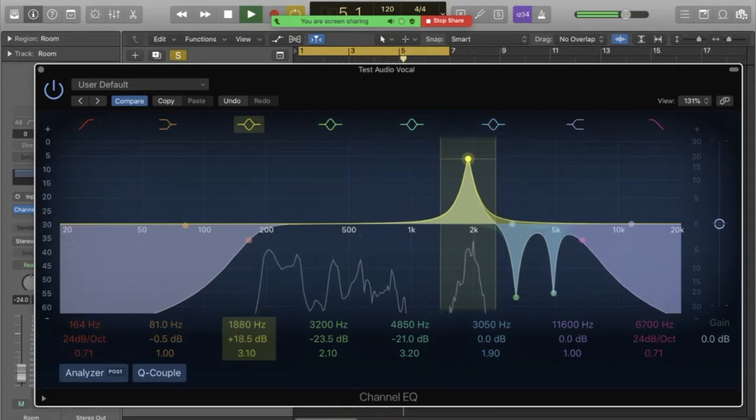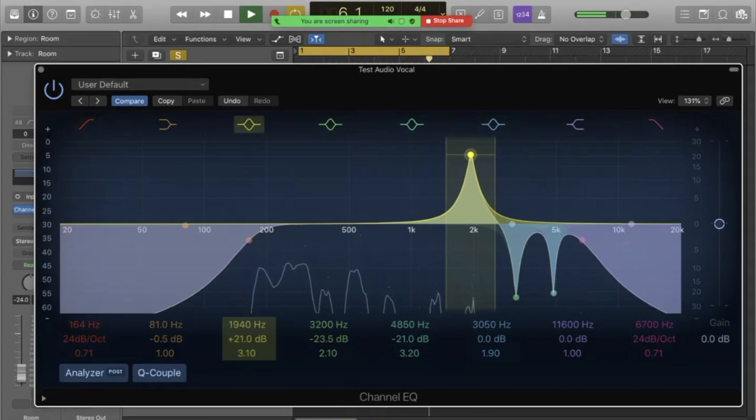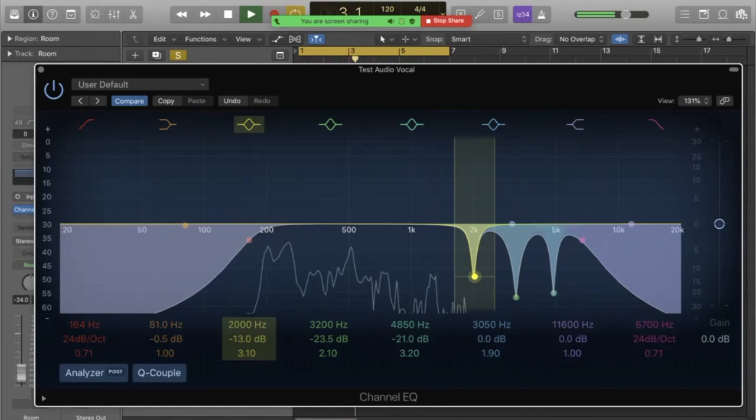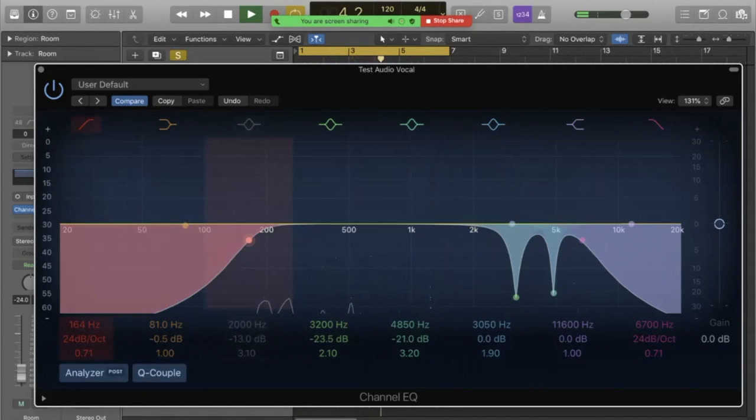This is a test audio vocal. This is a test audio vocal. This is a test audio vocal. I really don't think we need to deal with plosives in this one, but I do think that